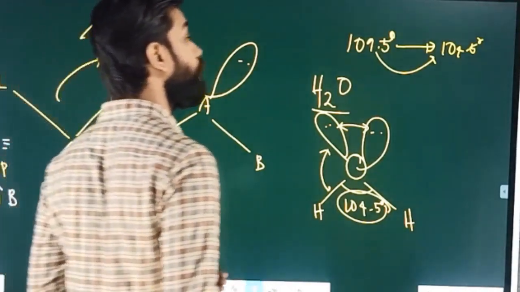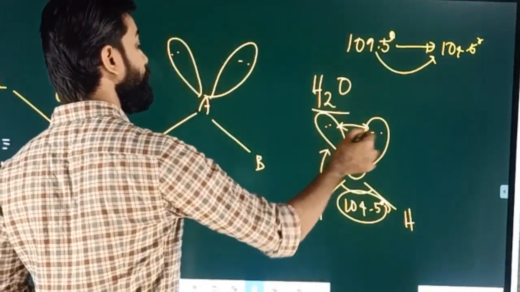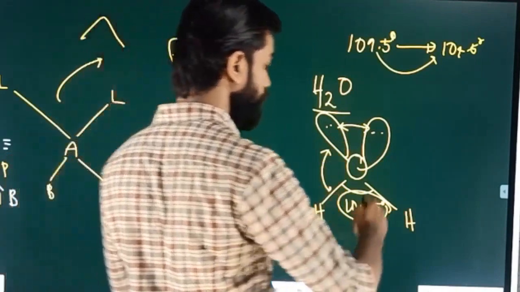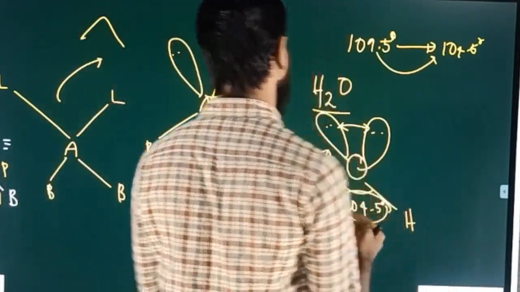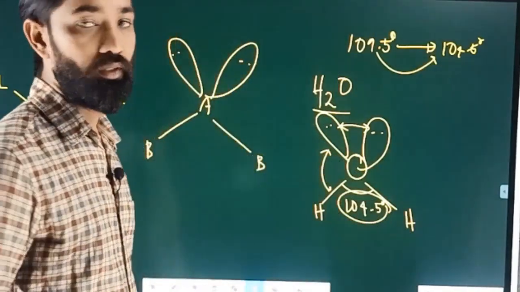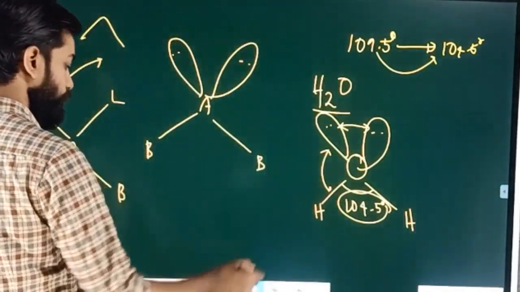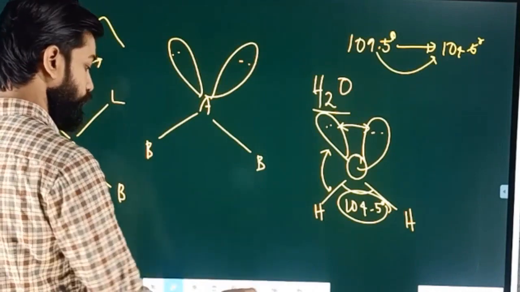Okay, so in order to reduce the LP-LP repulsion, the bond pairs sacrifice their relative position and are brought closer to form the least distance. That's why the bond angle is decreased more. Ready? So the next shape,